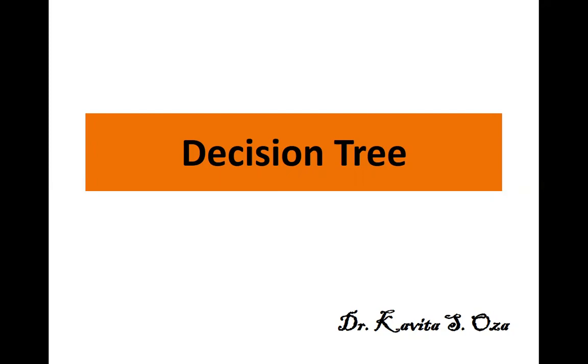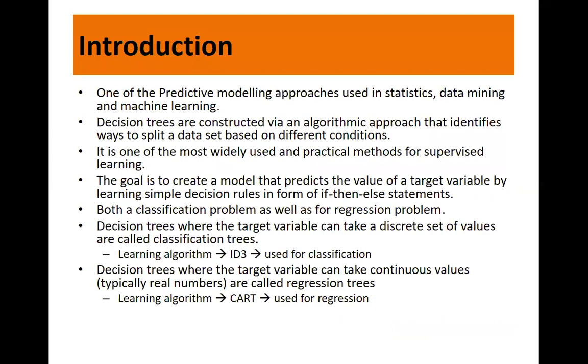So decision tree is one of the predictive modeling approaches used in statistics, data mining, and machine learning. Now, what do you mean by predictive modeling? Predictive modeling is a commonly used statistical technique where we predict future behavior. So how does it work? Data is collected, a statistical model is formulated, predictions are made, and the model is validated, using data which is not used while training the model.